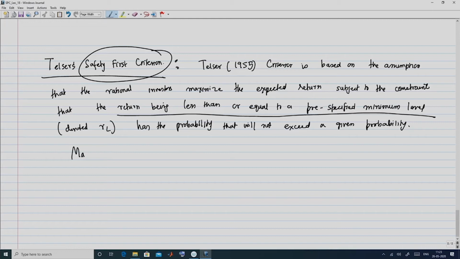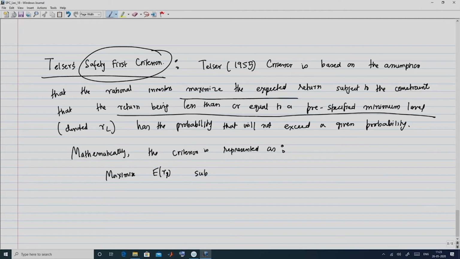So, mathematically, how do I present this? So, the criteria is represented as maximize E of RP. Now, what do we want? We want to maximize the expected return, but we need the condition that, subject to the probability that the return